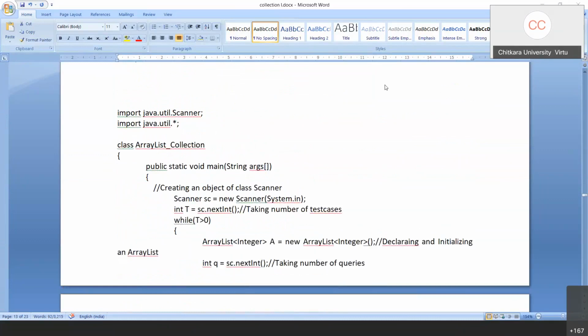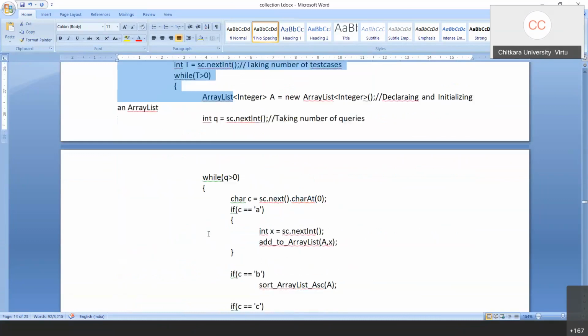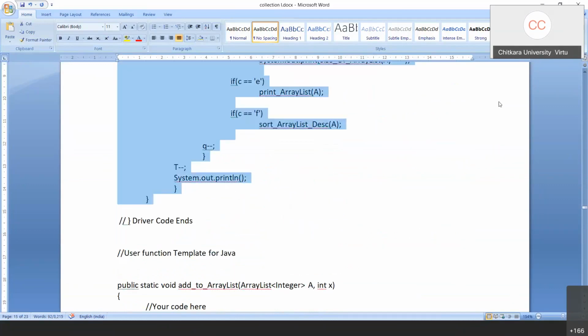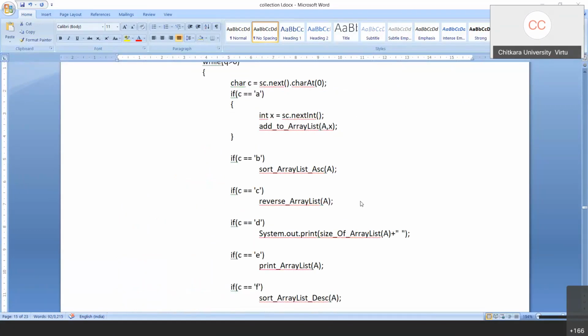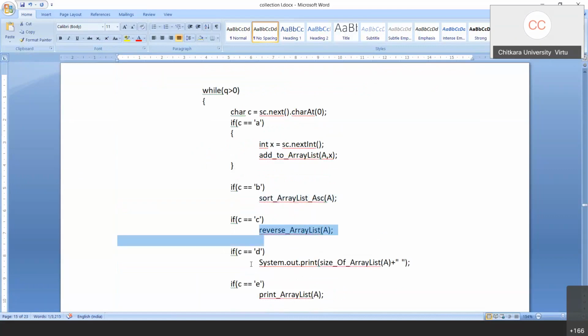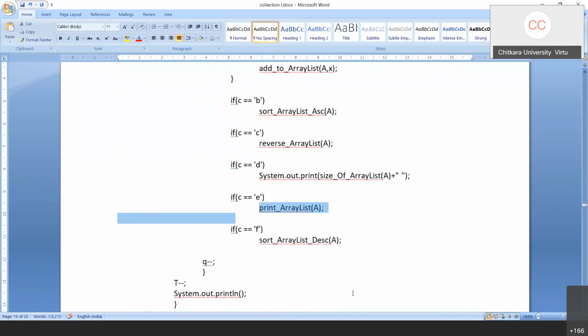And the second part is, kindly write the code. Instead of writing a function, kindly write a code over here which will carry out a particular task. There are 6 operations. So if you take 1 minute per operation, it shouldn't take more than 4 to 5 minutes to complete the code.